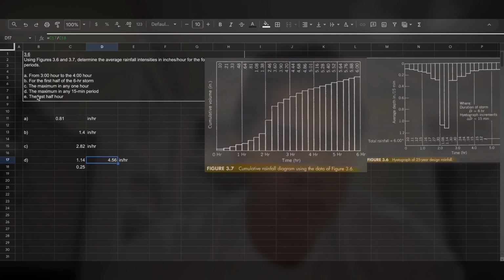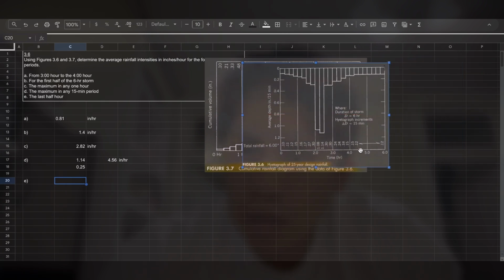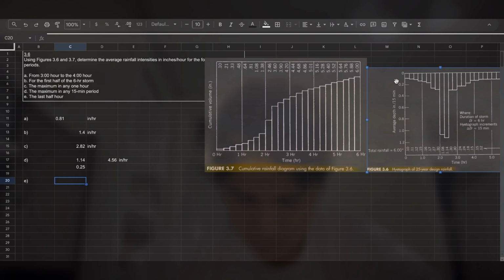That's D. And then now we need to solve for the intensity in the last hour. E will be, intensity in the last hour will be this one here, right? So again, you can add up all these values here, will be 0.12 times 4 in that hour. Or you can just do what we've been doing, will be 6 minus 5.50,